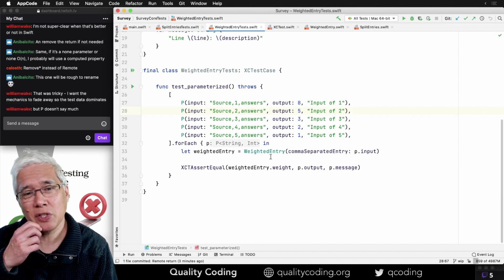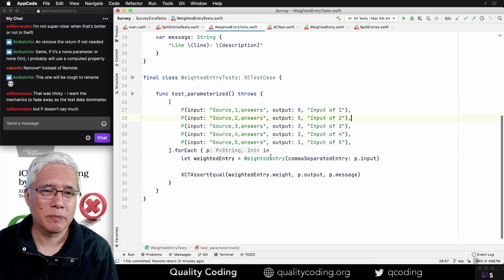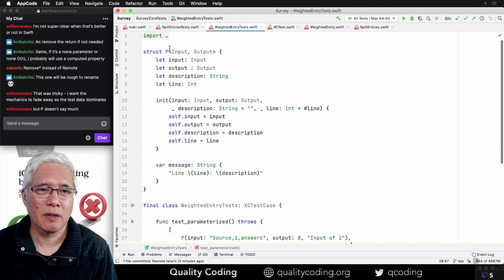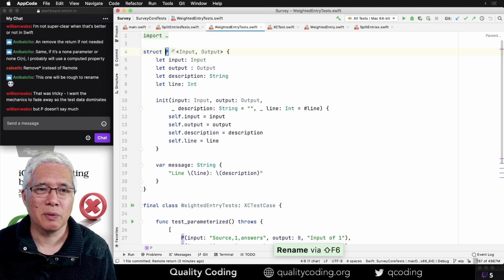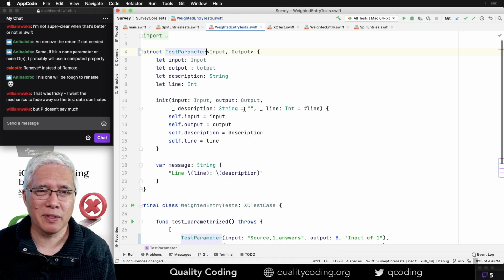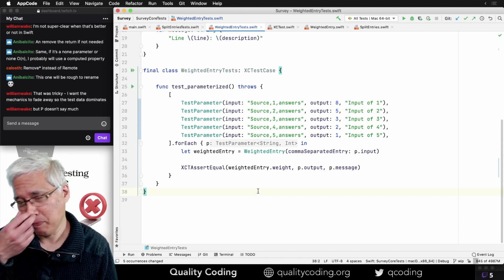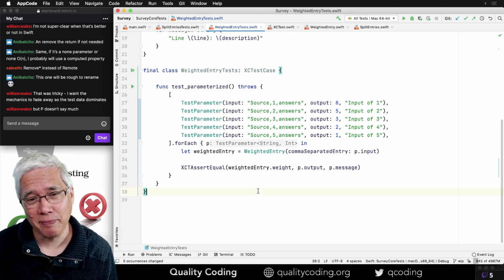P doesn't say much. Parameter message. I mean, if we really wanted to, we could say test parameter. I'm not sure which I like better, frankly. P doesn't say much, but